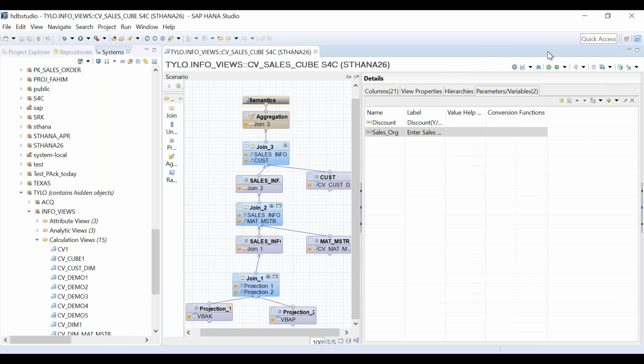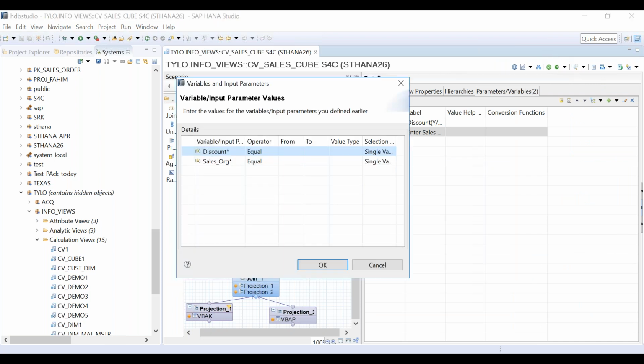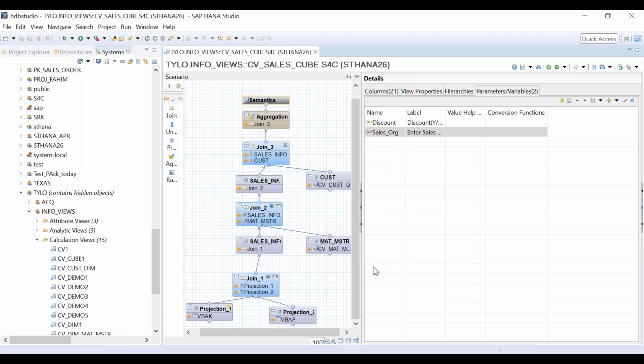Now I also wanted to show you what a default value is. When you click on data preview, I want some value to come here by default so that I don't have to feed it every time. By default, what is coming here? From and to, nothing is coming, right? So I want to feed some value.